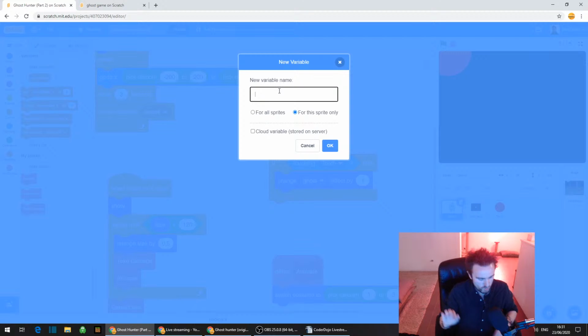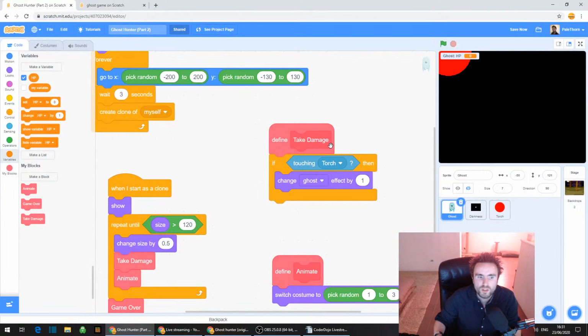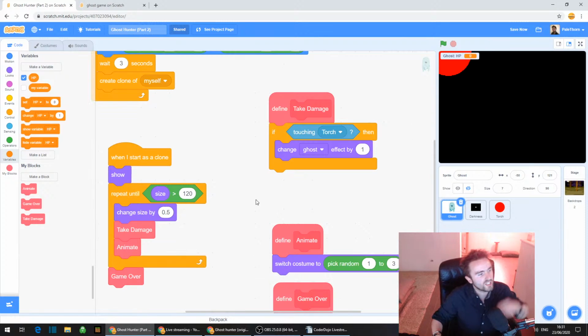We don't want it to be for all sprites. So I'm just going to call this HP. H and P. Now we should have in the top left corner of your game screen a little thing that says ghost:HP.